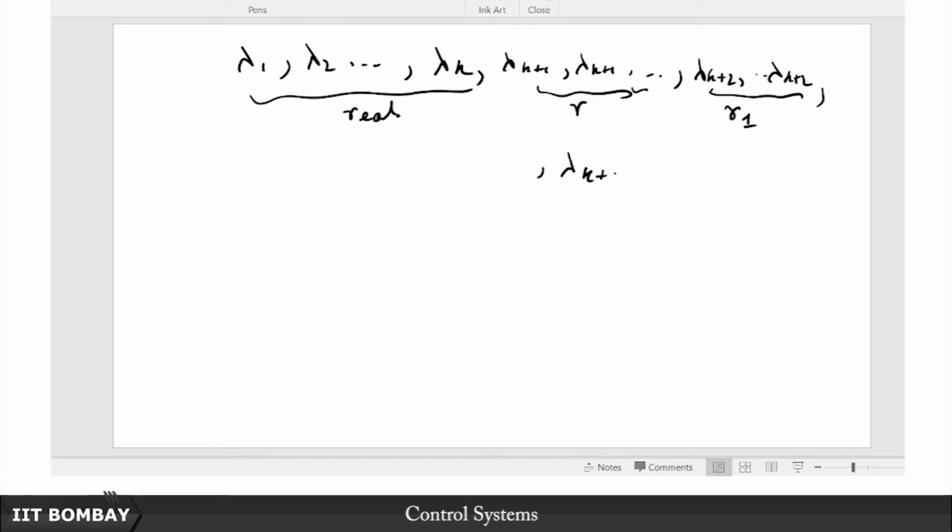So there are k eigenvalues that are real and distinct,